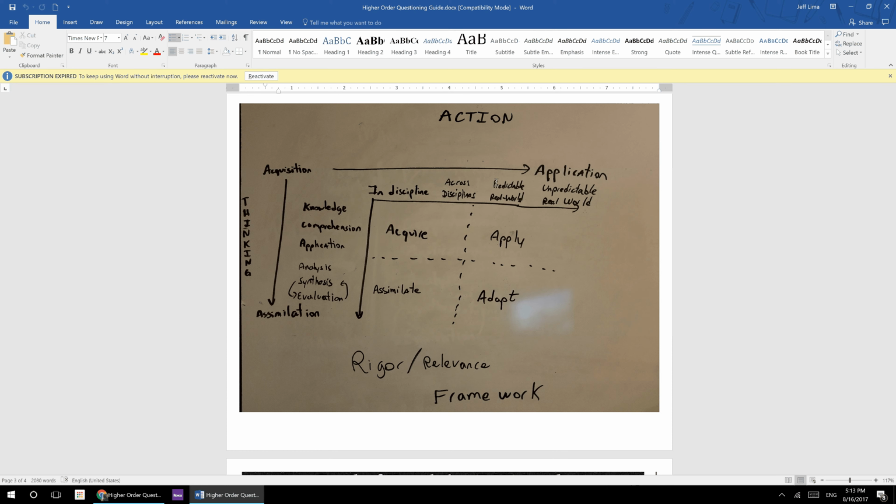But there's another axis of this two-dimensional framework, explaining ways of learning and the levels at which you're working. The thinking has a lot to do with the rigor. The other axis has more to do with the relevance. It's the application axis. You go from acquisition of knowledge to actually applying that knowledge. So at first you can just gather the knowledge, then you can start applying that knowledge within your discipline. So just solve a physics problem in a physics class alone.